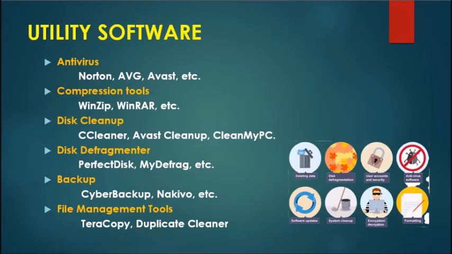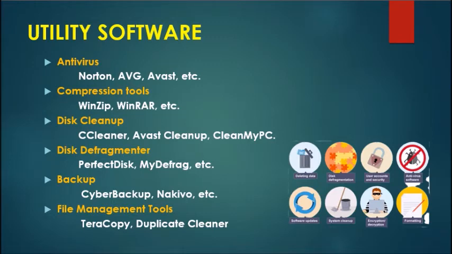The next type of utility software is compression tools. The compression tools are utilities that assist the operating system in shortening files so that they take less space. After compression, files are stored in a different format and cannot be read or edited directly. It needs to be uncompressed before it can be accessed for further use. Some of the popular compression tools are WinZip, WinRAR, pzip, etc.